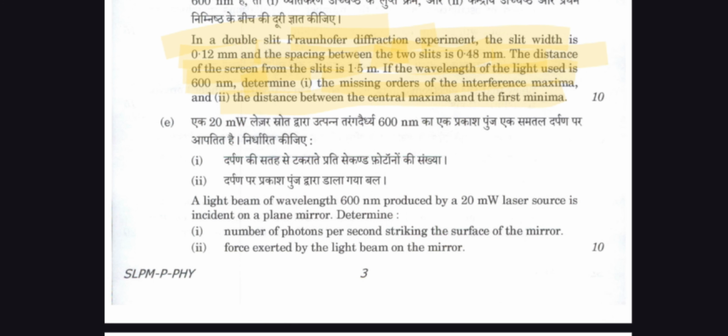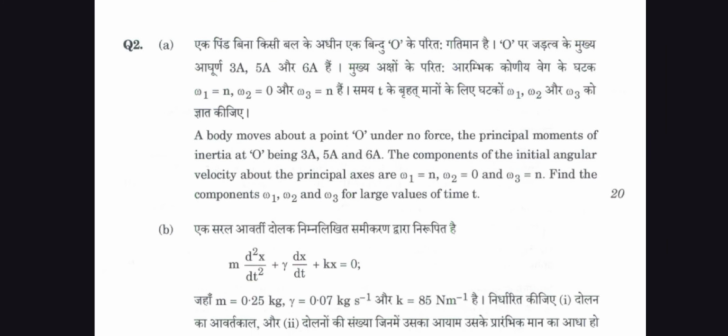And question number E: a light beam of wavelength 600 nanometer produced by a 20 megawatt laser source is incident on a plane mirror. Determine, first, the number of photons per second striking the surface of the mirror. Option B, the force exerted by the light beam on the mirror. So question number 2,